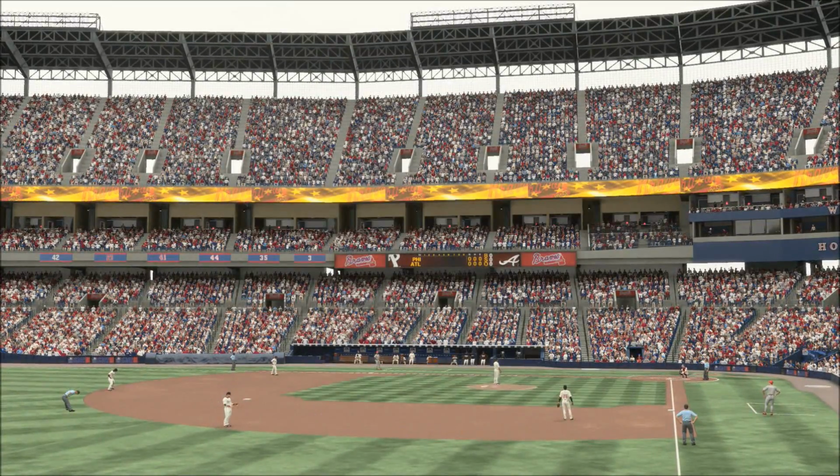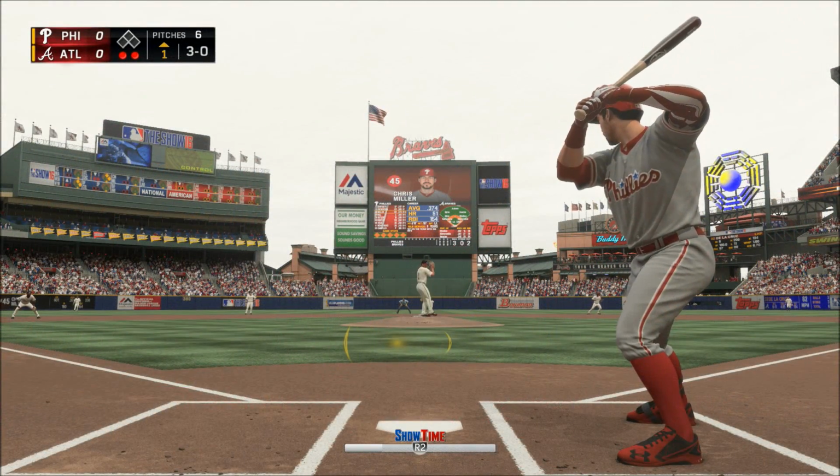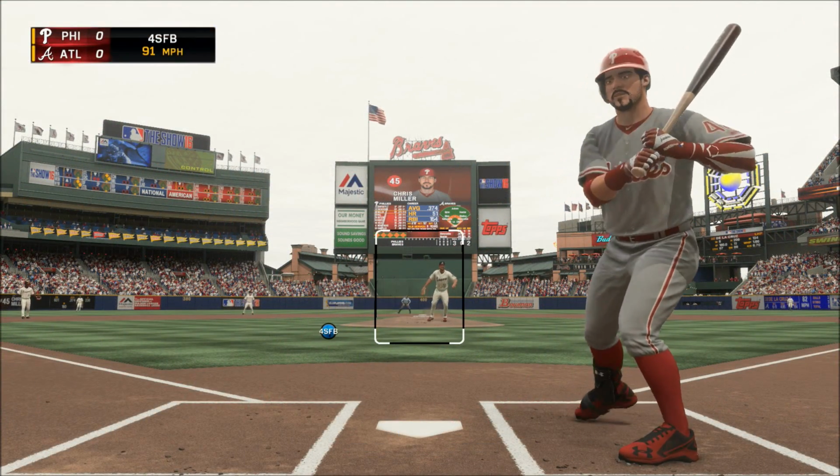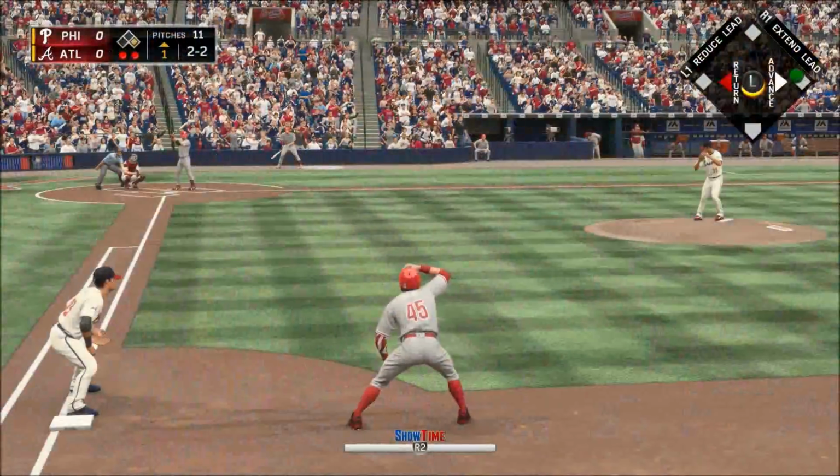Well, we know these guys can swing. Chris Miller will stand in, trying to keep you in a cold streak like this. They just had a lot of trouble sustaining any kind of offense, and it definitely hurt them. And he looks at